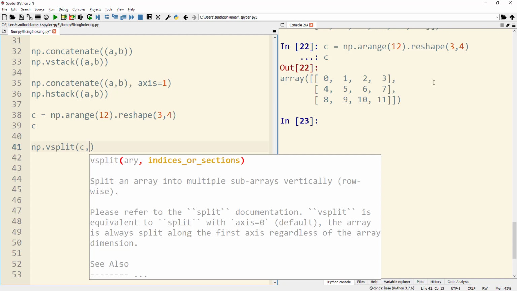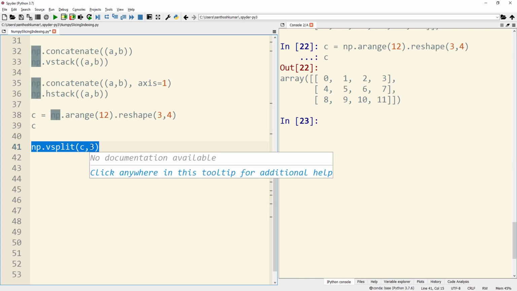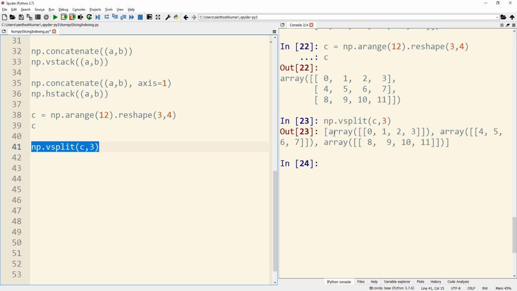So there are 3 rows. The only way I can split it is by giving 3 here, which means that the array C will be split into 3 different arrays. When I run this, you can see that the output is 3 arrays. One array is having values 0, 1, 2, 3, and the second array is having values 4, 5, 6, 7, and the third array is having values 8, 9, 10, and 11.